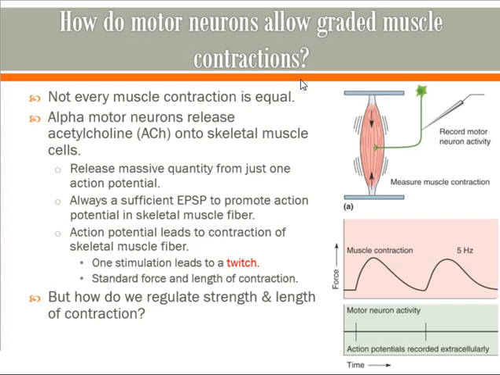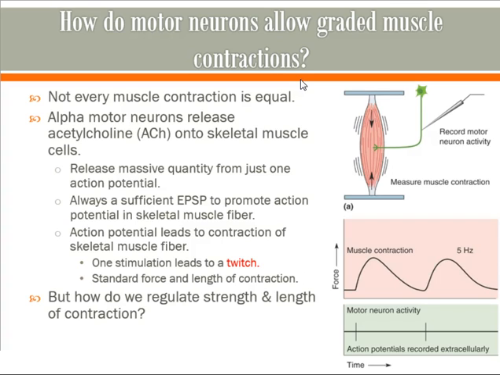I think we mostly said all this already, but the idea is normally if we stimulate one time, alpha motor neurons would release acetylcholine onto the skeletal muscle. You release a massive quantity of acetylcholine, so it's not like in the central nervous system where you release like one vesicle's worth of acetylcholine. You're dumping 200 vesicles onto the neuromuscular junction. As a result, you get a massive action potential within the skeletal muscle fiber. That action potential is always sufficient, really it's a barrage of action potentials that reverberate up and down the skeletal muscle fiber. That in turn leads to calcium release, which causes contraction within the skeletal muscle.